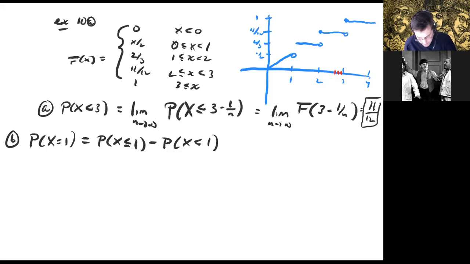But this is exactly the same thing as f of 1, that's the probability x is less than or equal to 1, minus, now we have to express this strict inequality